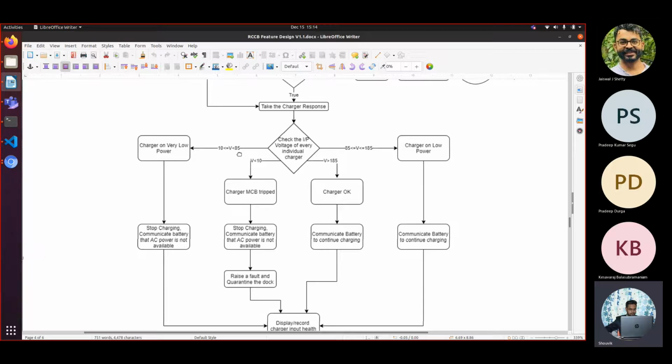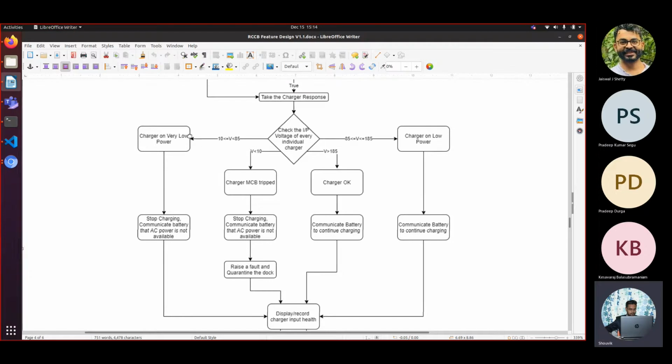If it is between 10 and 85, we say the charger is on very low power. If it is 85 to 185, the charger is on low power. And if it is above 185, we say that the charger is okay. That simply means the ranges for the energy meter reading and the charger reading are exactly the same.